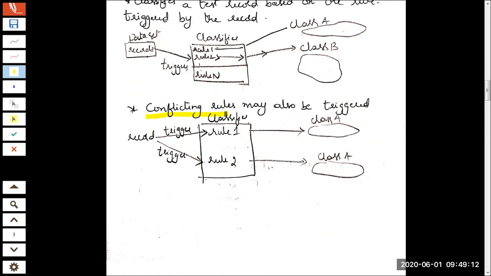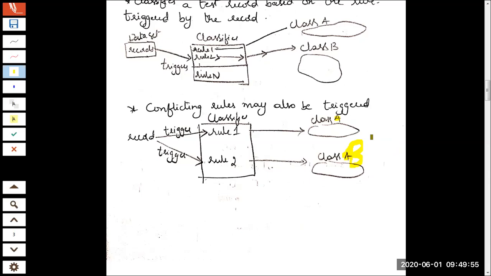So it's a basic understanding that a record should trigger a rule, which will take you to a specific class. For example, a new record that I just gave as input to the classifier, which was trained on a similar situation, should take me to either class A or class B. Now, what is happening in this situation? You can see the graphical representation I have written. A small correction here: this is class A and this is class B. I had written it as A here, so this is B, meaning a different class.